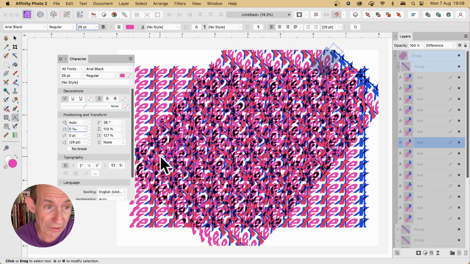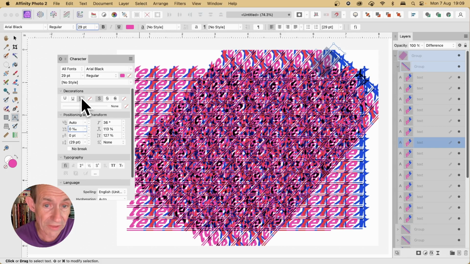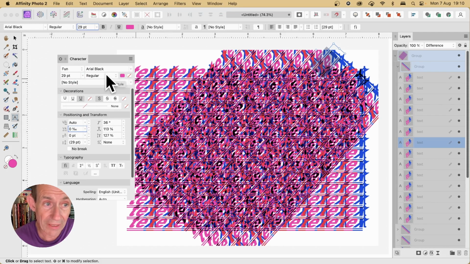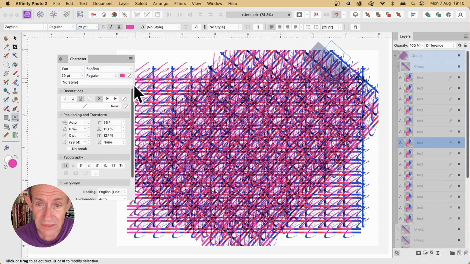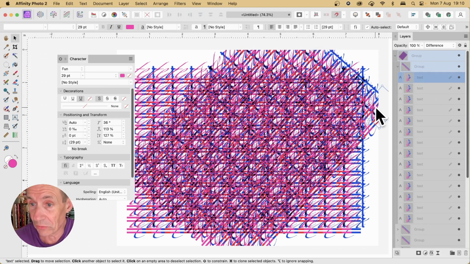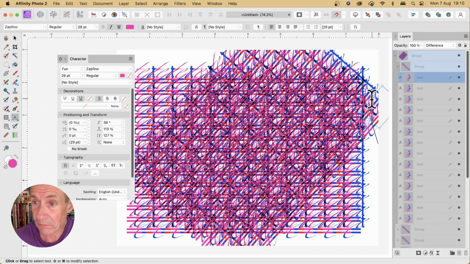And you've got other typography that you can use. You can put lines through them and so on. Literally infinite combinations. And of course, not all fonts are serious, you've got fun ones. So just try them out. Something like that. A whole range of different designs can be created just by changing one of the text characters, and you can change the words, anything in there. It is still text. As long as it remains text here, you can tweak it and change it again, put it back to a single character if you want to do that,